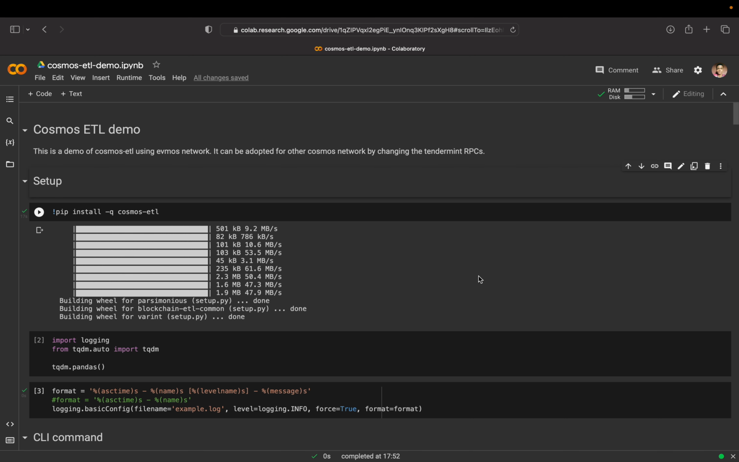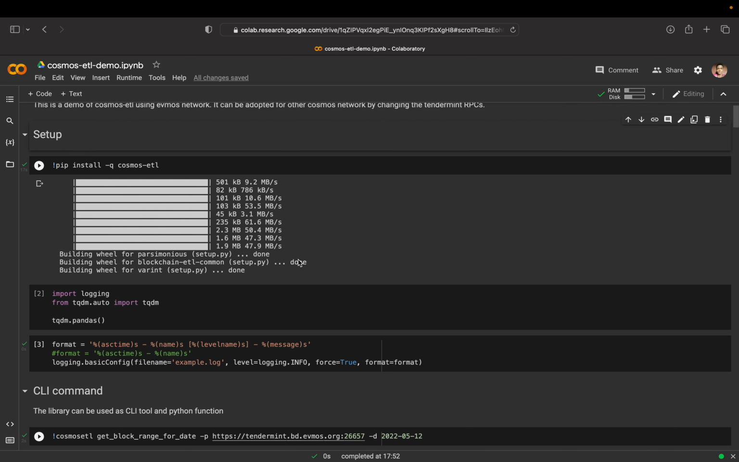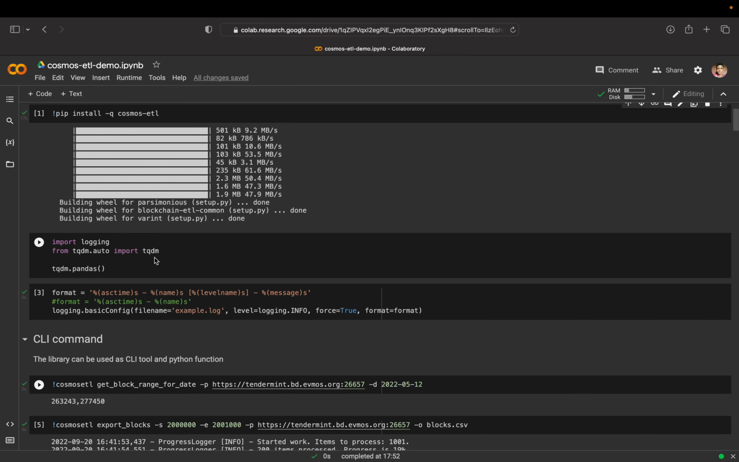cosmos-etl. It's a library for extracting and loading Cosmos blockchain data. So in this case, we are using Evmos as our case study. And first of all, we start with the setup by installing the cosmos-etl and setting up our login and checking